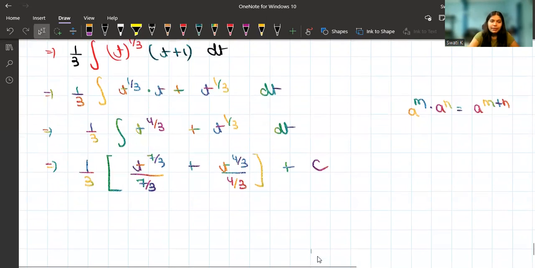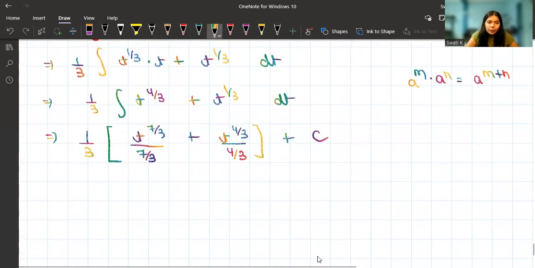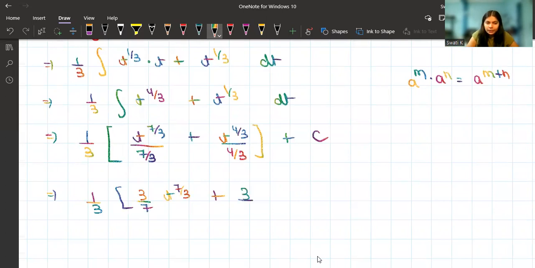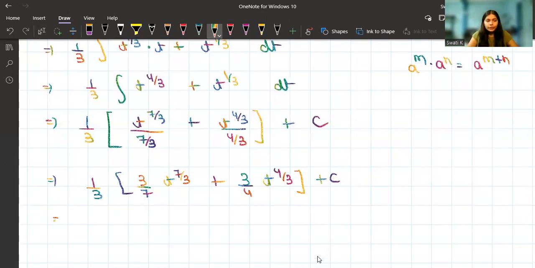So if you simplify this, it will clearly become 1 upon 3, and this will become 3 upon 7, t raised to 7 upon 3, plus this will become 3 upon 4, t raised to 4 upon 3, and then plus c. Now let's bring this 1 upon 3 that is outside the bracket inside. So clearly 1 upon 3 times 3 upon 7, 3 will get cancelled. So only 1 upon 7, t raised to 7 upon 3. Here also 3 will get cancelled because using the distributive property, 1 upon 4, t raised to 4 upon 3